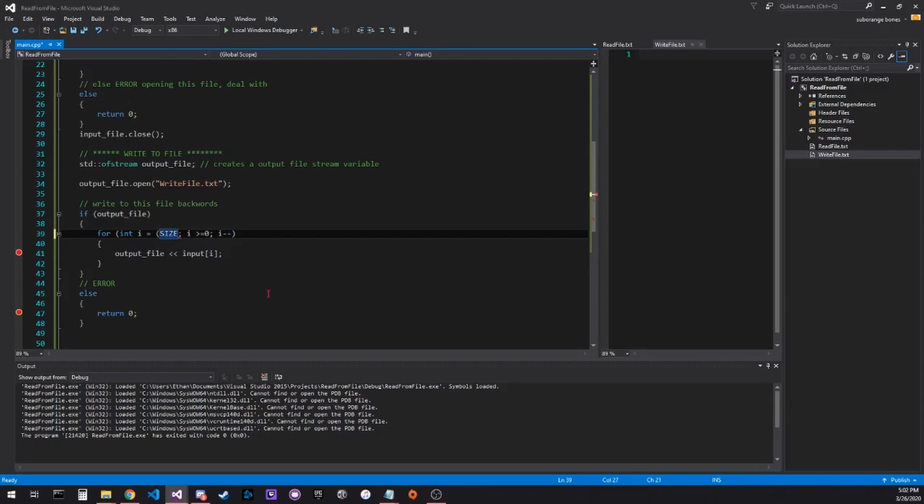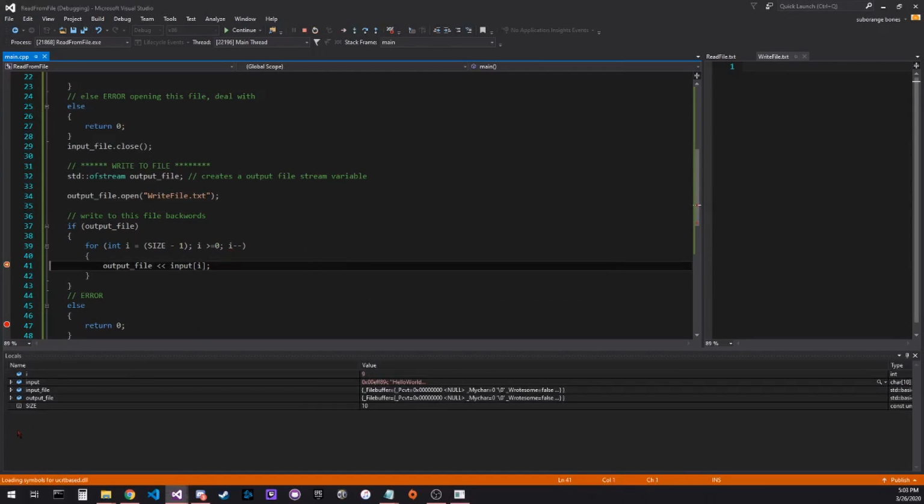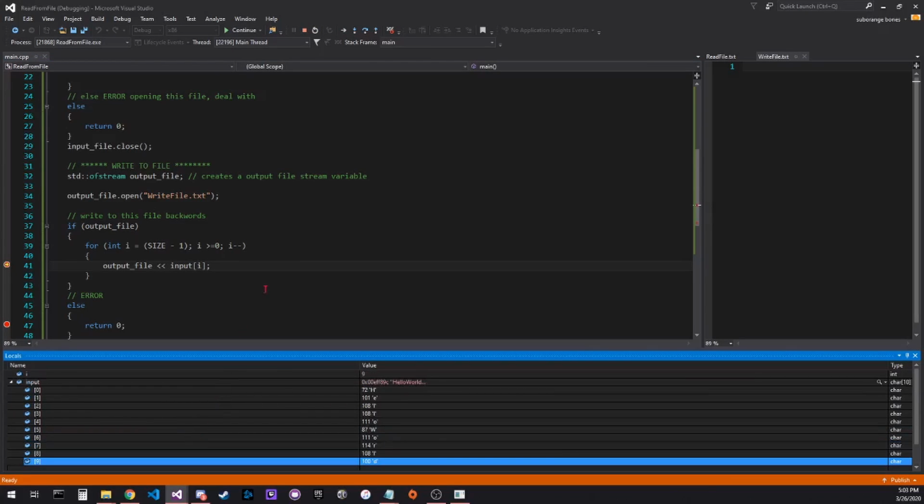So remember, our size is 10. We can't access element 10. We can't access with the subscript 10 because that would be outside the array, right? The last element in the array is 0 through 9. My apologies. I'm kind of doing this on the fly. But alright, so now we have I should equal to 9. So now we're at element I, we have D,